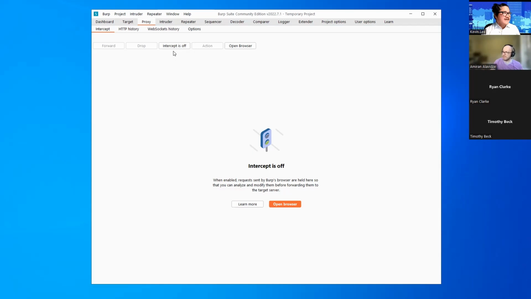Okay, so with that taken care of, we can go over and open the Burp Suite browser. The Burp Suite browser that we open up inside of Burp Suite is going to be automatically linked to Burp Suite, and will proxy all of the requests through that browser. So click on Open Browser over here. So proxy, intercept, open browser.